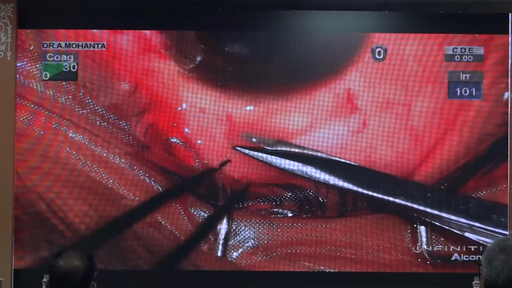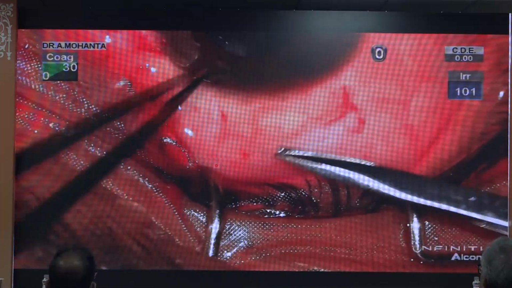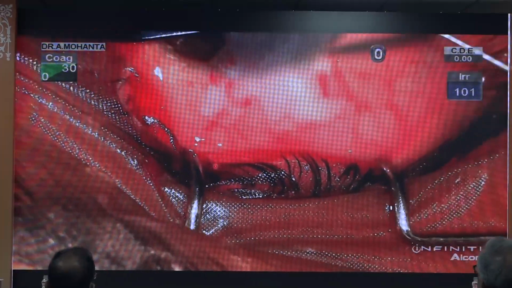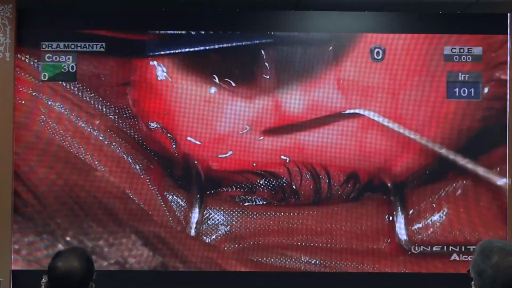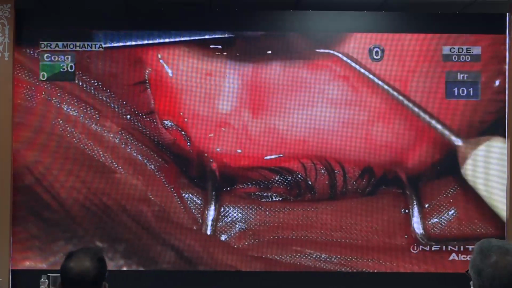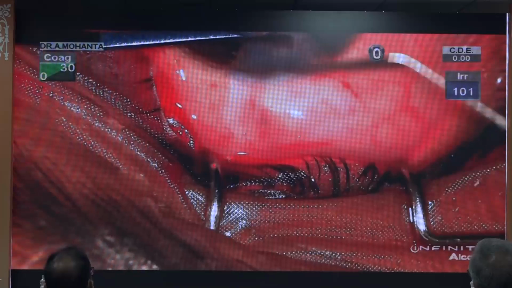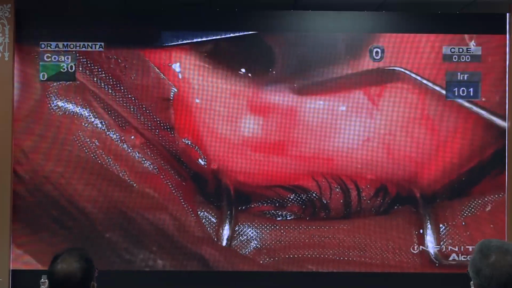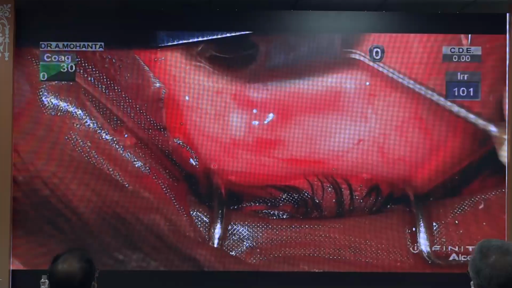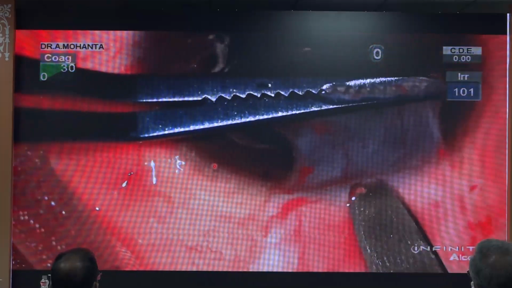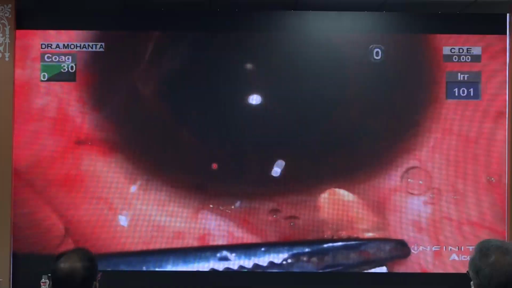It's just like we make a tunnel, we use the crescent blade, go a little deep. We have already made a groove with the blade, and we try to reach up to the groove, which is approximately 0.5 millimeter inside the limbus. As we can see, we are removing it and making it Tenon's free with the crescent, peeling off the Tenon's, and once it's done, using the crescent blade just like making a SICS tunnel, a little deep we can make out,